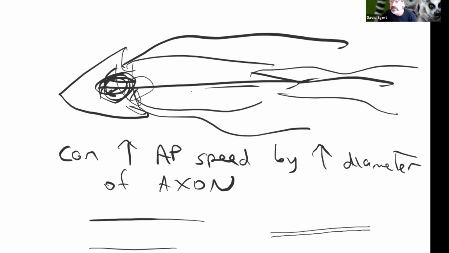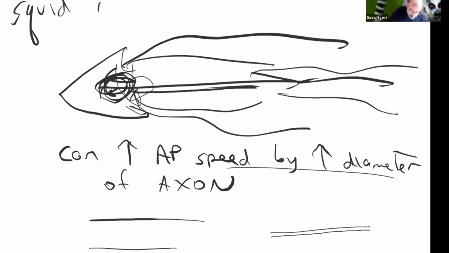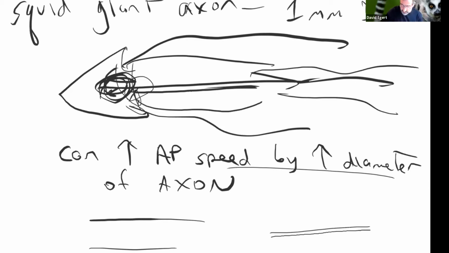increasing speed. In squids, they make a really fast signal just by having that, that's why they call it the squid giant axon. In the squid, it's like literally a millimeter in diameter. It's huge. So what they were actually able to do was take this giant axon from the squid, and then